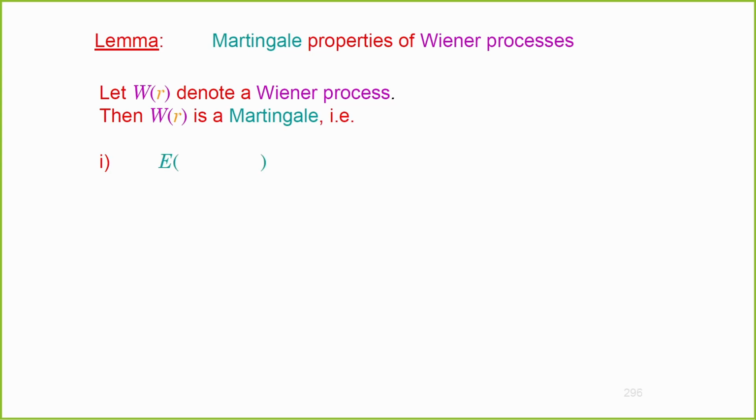First, the expectation of the absolute value of the process is supposed to be finite. This is the first property that a martingale has. I'm just recalling it right now, but in the context of the Wiener process, this is what is supposed to be shown. And the second property is that the conditional expectation of the process for some future value, given its